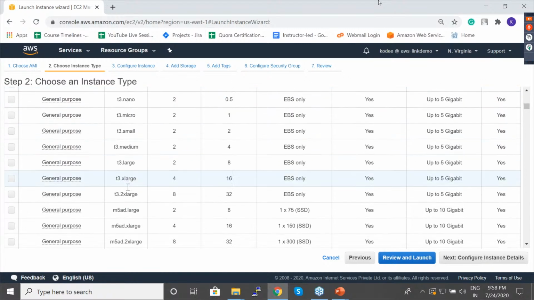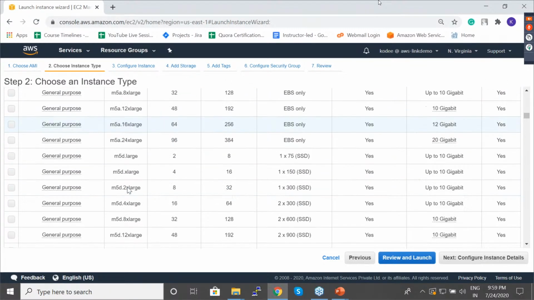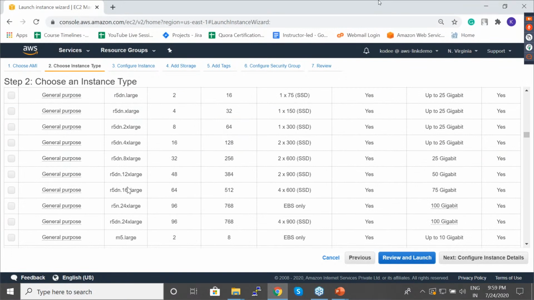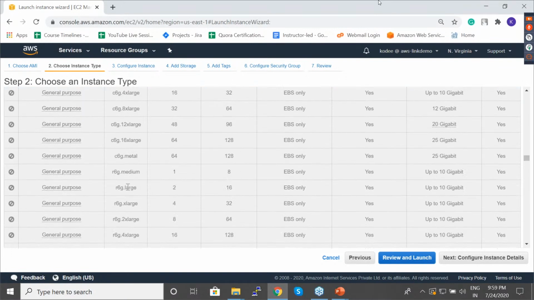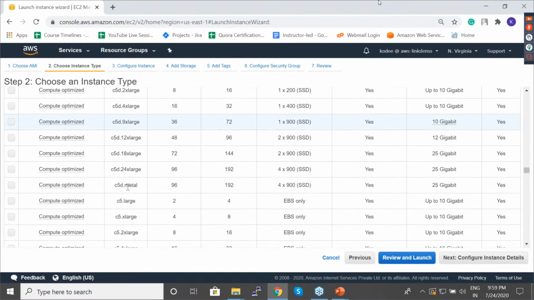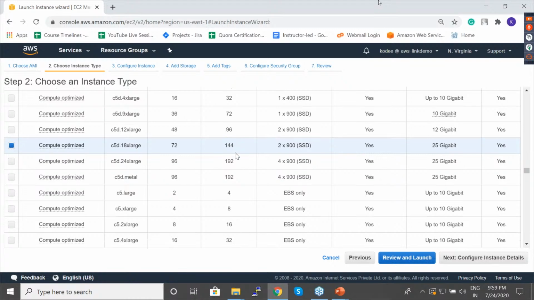So coming down, you can see there are a lot of general purpose instances. Still coming down, I don't have eligibility for a few instances, and there is compute optimized. Here you can see a few instances are having 144 GB of memory as well.